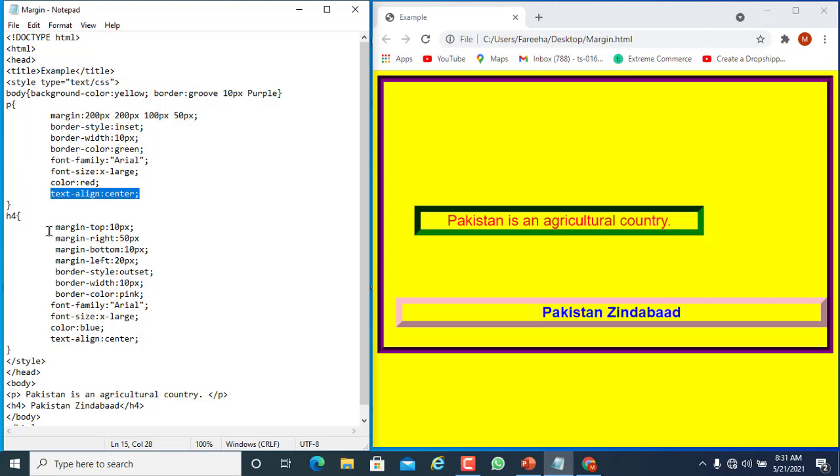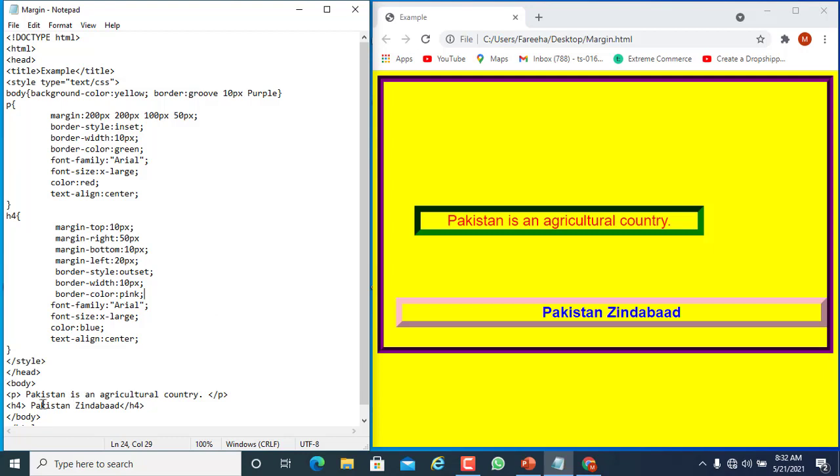For the heading, we use some margin properties: margin top is 10 pixels, margin right is 50 pixels, margin bottom 10 pixels, margin left 20 pixels, border style outset, border width 10 pixels, border color is pink, font family Arial, font size X large, color blue, and the text align property we used here has the value center.